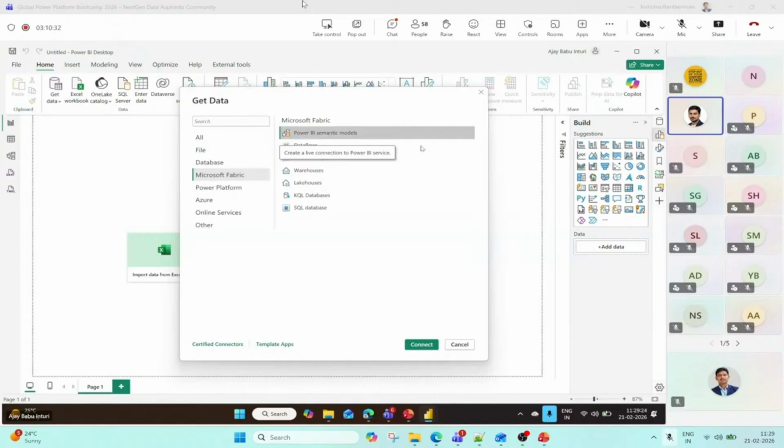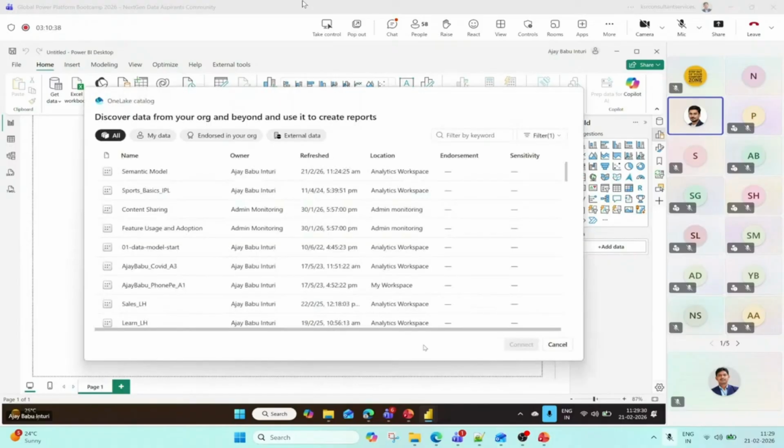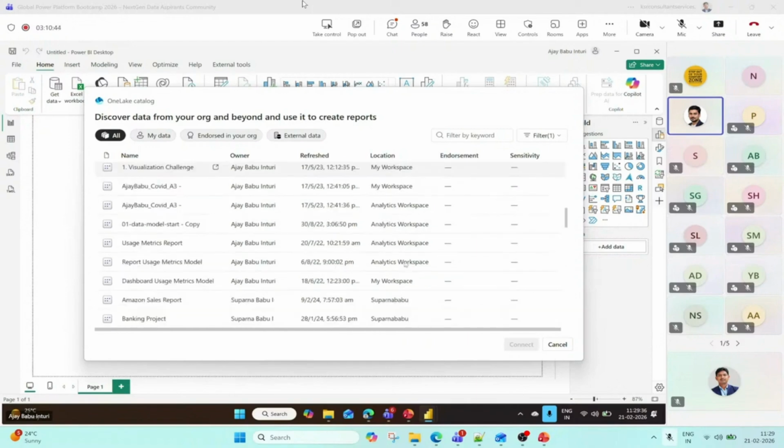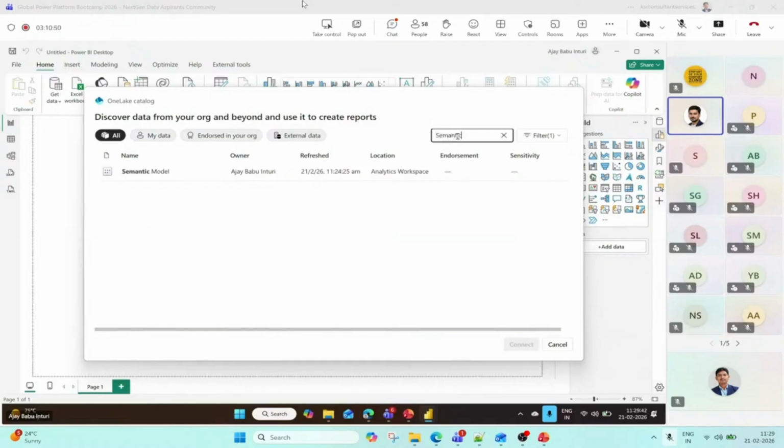When you click on Power BI semantic models and hit Connect, it will pop up a message box to select your data set from the specific workspace. I do have a lot of workspaces, so I wanted to check my report's semantic model. This is my report name, that's correct, and the location is also correct.